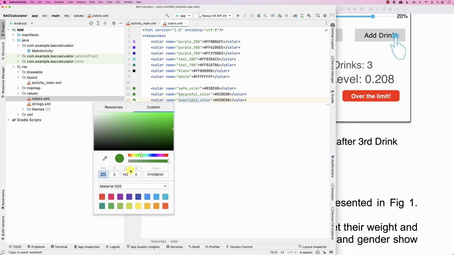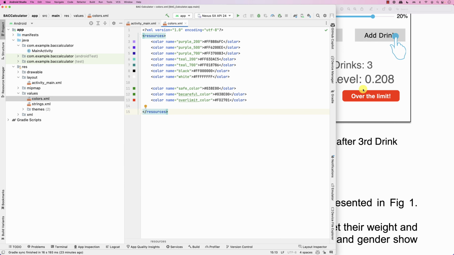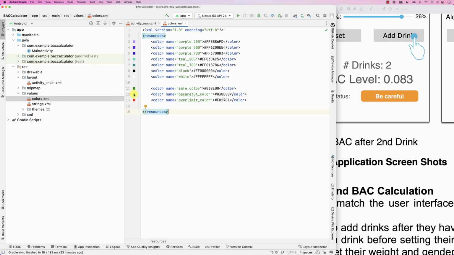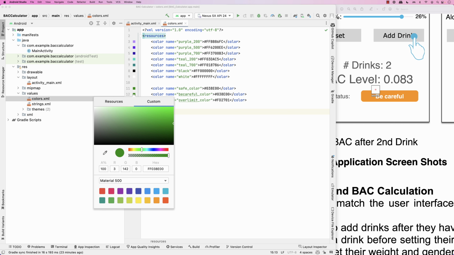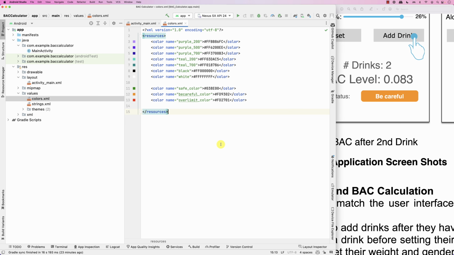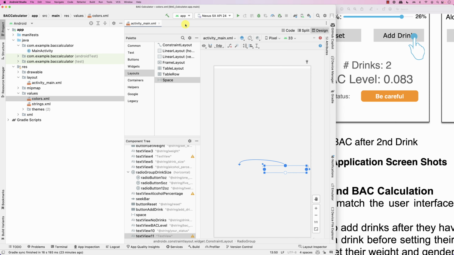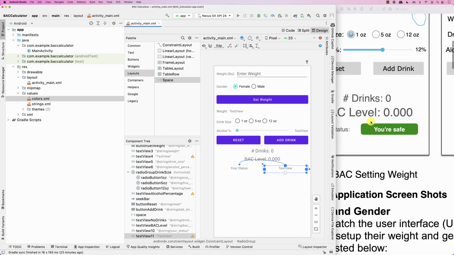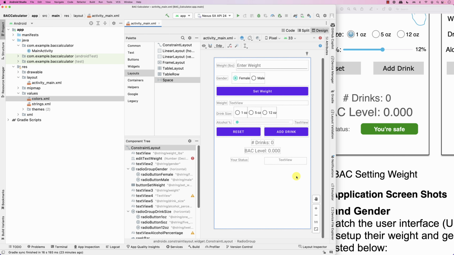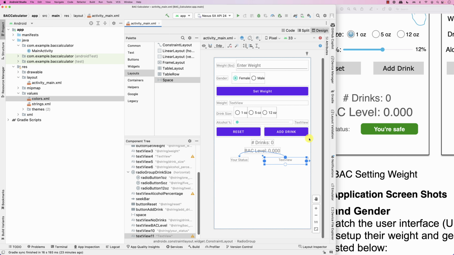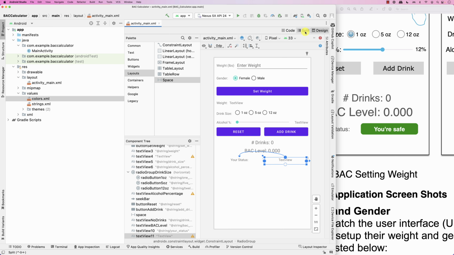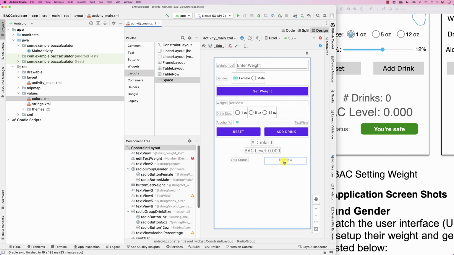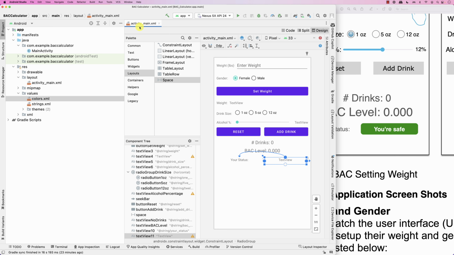I click here, I click on the inspector. Here's the over the limit. Very good. And then this one is the be careful one. Okay, good. Here it is, and the be careful. Very good. So I have these colors already set up, right? So now what I can do is, in the beginning when the app starts, you want to be safe. Okay, cool. So now if we go here and click here, changing the color and taking care of the case where the color is a